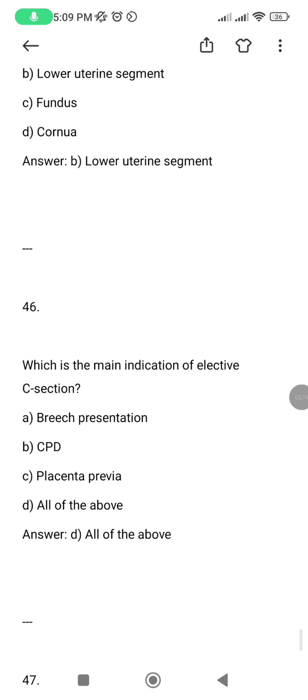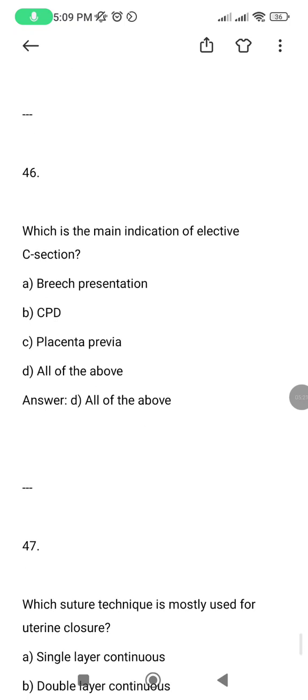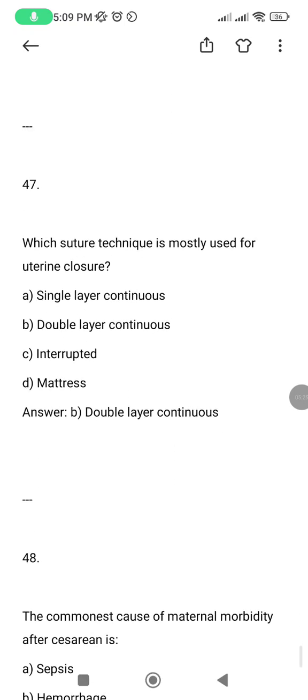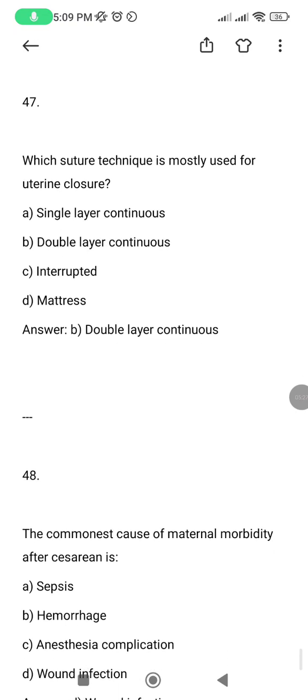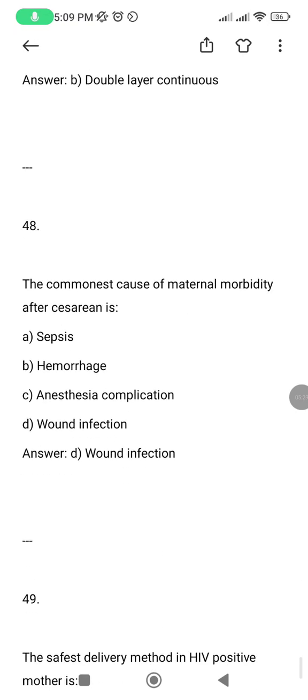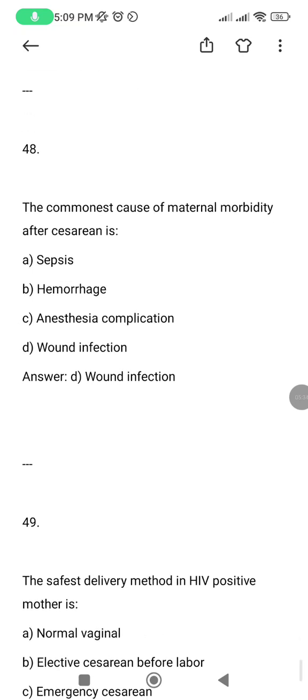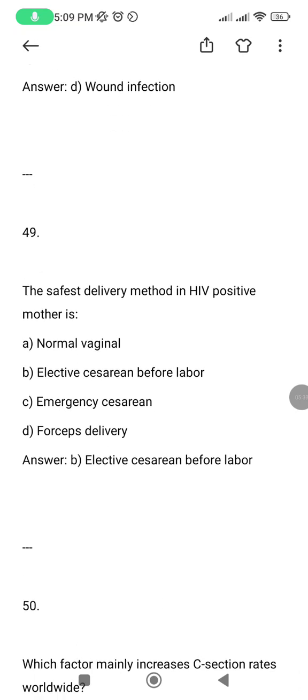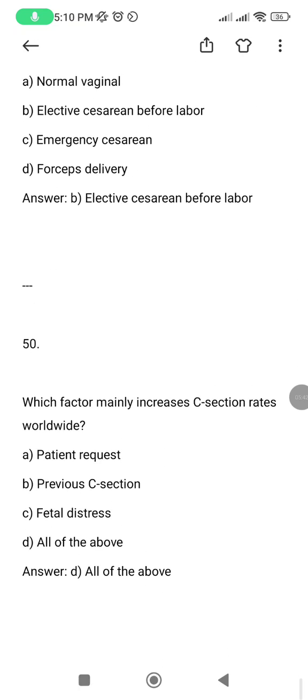Lower uterine segment. Which is the main indication of elective C-section? All of the above. Which suture technique is mostly used for uterine closure? Double layer continuous. The commonest cause of maternal morbidity after cesarean is wound infection. The safest delivery method in HIV-positive mother is elective cesarean before labor. Which factor mainly increases C-section rates worldwide? All of the above. এই তিনটা অপশনই হবে।